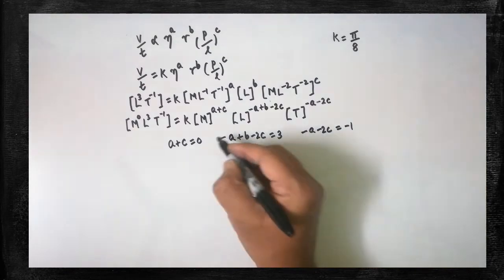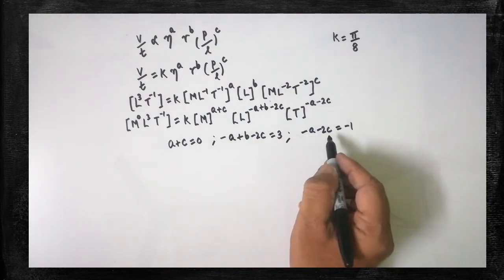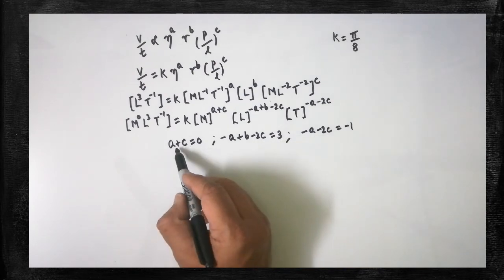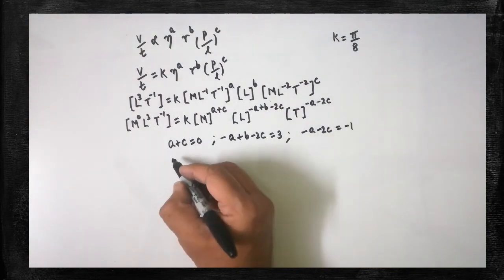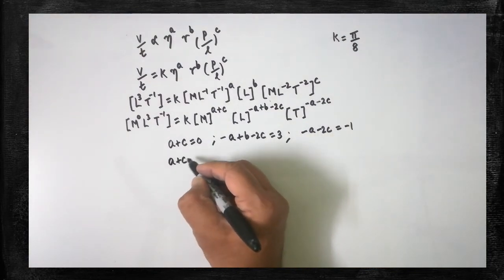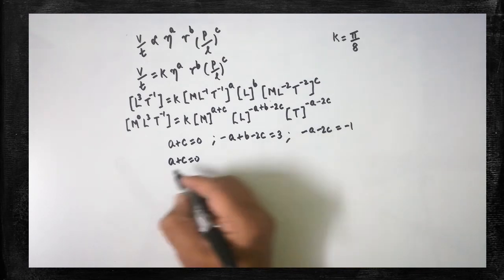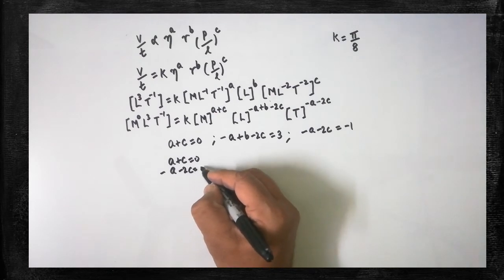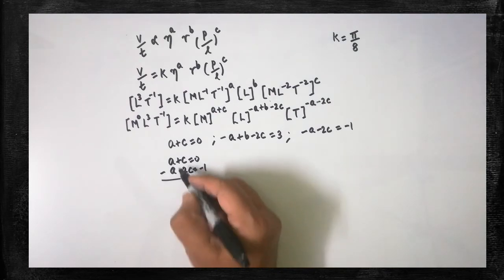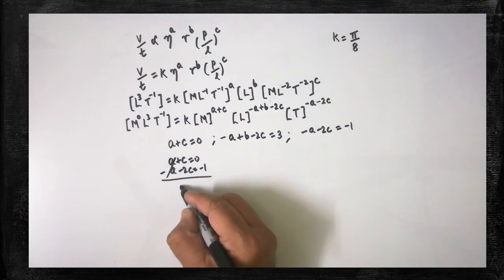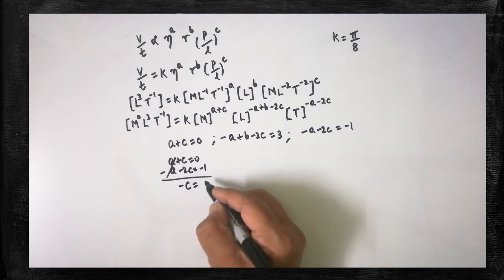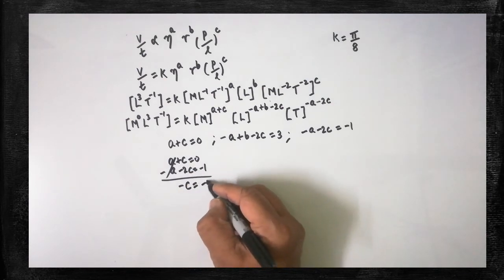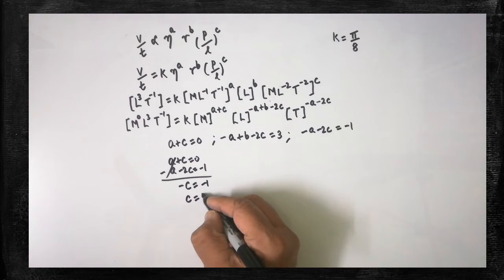Now we have got 3 equations. These 3 equations are to be taken and solved. Finally, we have to find out the values of a, b, c. Look at that, these 2 equations are almost similar. Therefore, we can take a plus c is equal to 0 and this equation, minus a minus 2c is equal to minus 1. These 2 factors can be cancelled. You will get minus c, after subtraction you will get minus 1. So finally you are getting the value of c as 1.